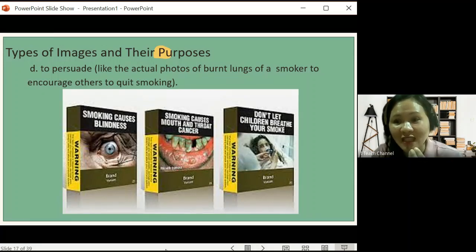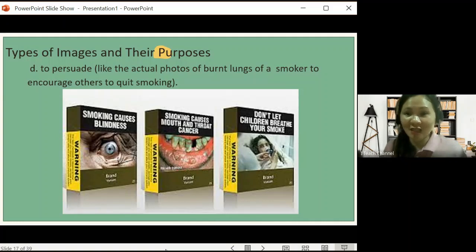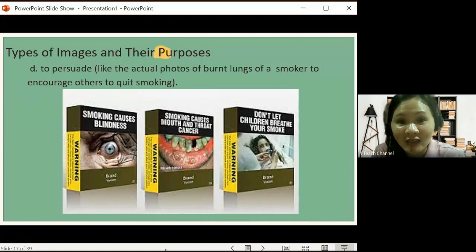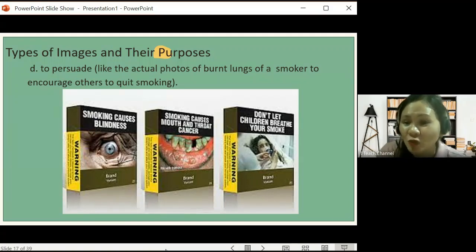So COVID-19 is a pandemic, a disease of your respiratory system. If you keep on smoking, if you will try smoking, then you might easily what? Catch the disease, all right? Because it will deteriorate your respiratory system. Okay po, ma'am. The next purpose of the real image or the fact image is that it is persuading us. It is encouraging us to stop or to do something.